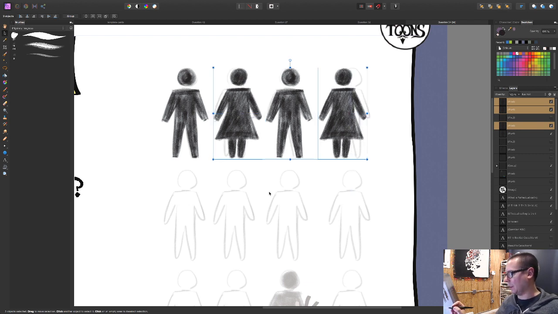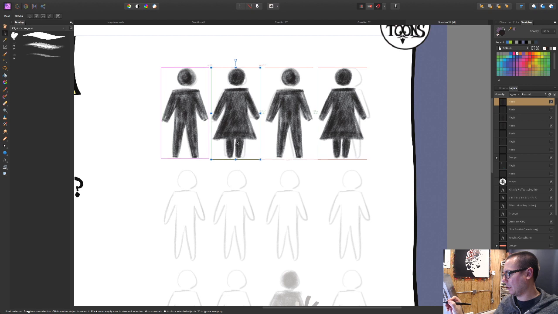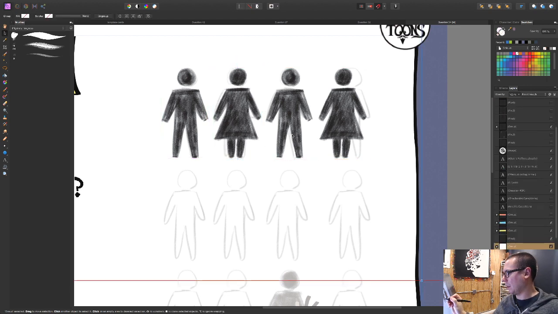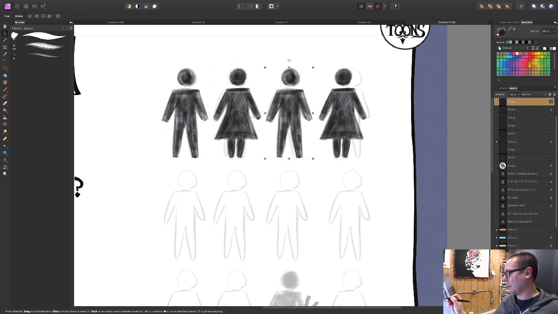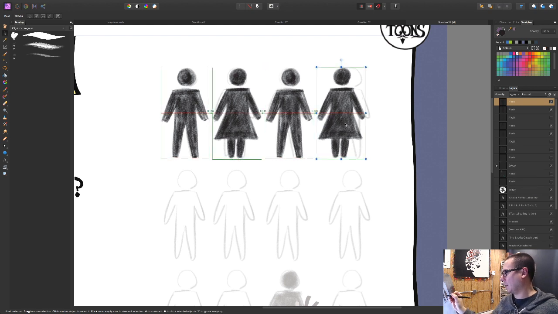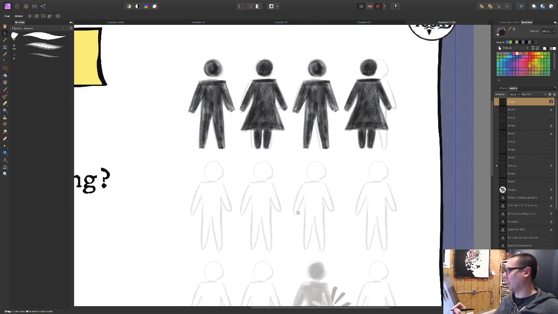I think actually, oops, in this program I can line them up so that they're exactly the same width apart.